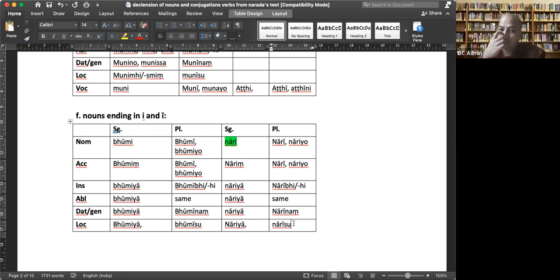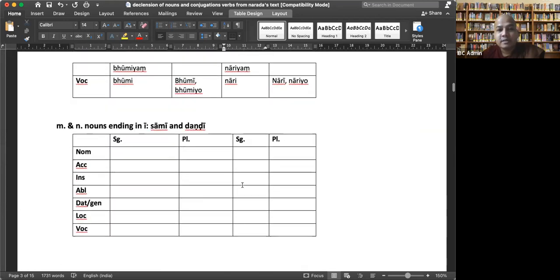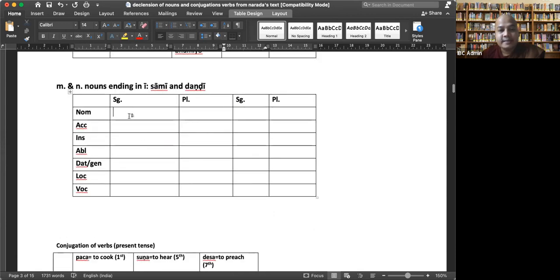Okay, so this way, if you make charts focusing on the similarities and differences of different declensions, then it is easier to check and easier to keep in mind. And this is about the masculine and neuter gender nouns ending in long e. Okay, so with this,